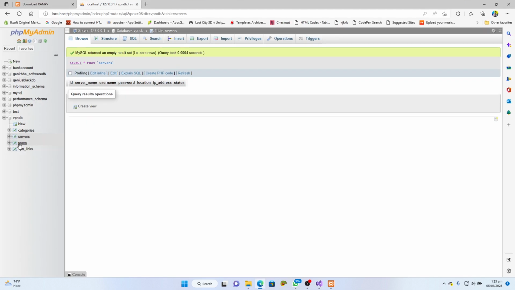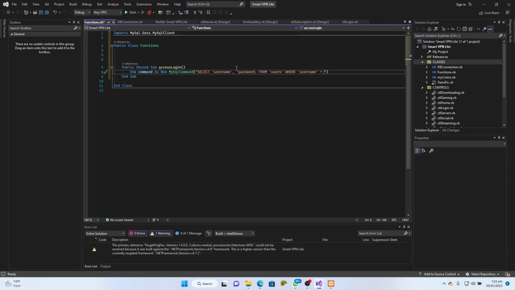When you go to the users, I don't have username and password. I only have username and pass. So you just have to make sure you know what you are doing. So I'm just going to say username and pass. Now I have to, sorry, I have to assign them to this. So I'm just going to say at username, right? So at username and